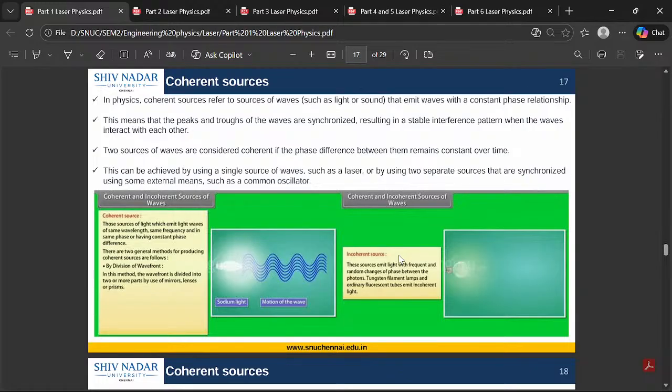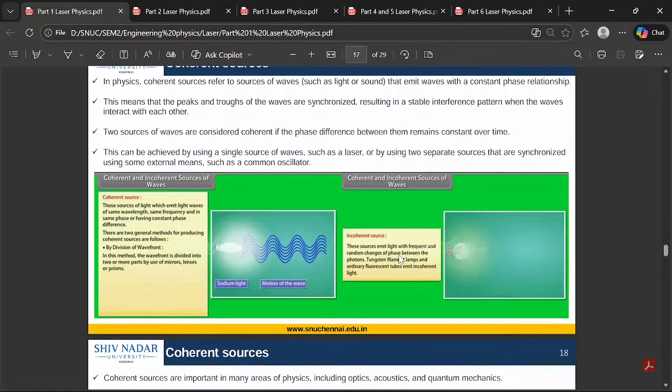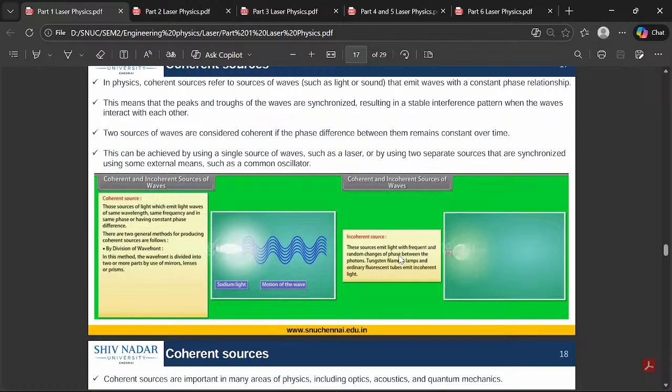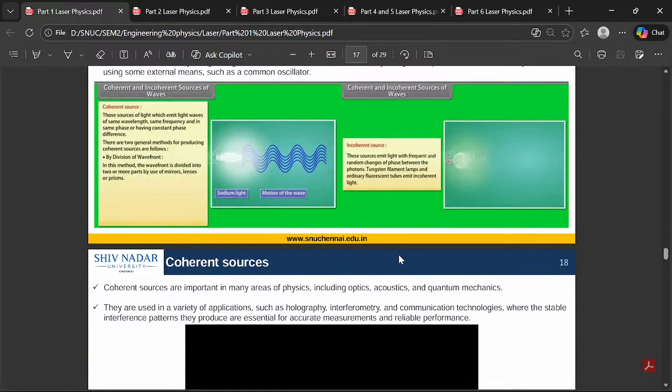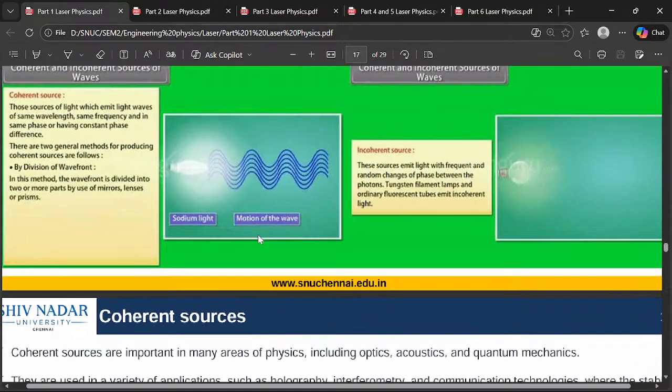the same phase. Okay, so these two sources of waves are considered coherent if the phase difference remains constant over time. This can be achieved using a single source of wave, like a light source, or by using two separate sources but synchronized with some external means such as oscillators. So as you can see here, the coherent sources